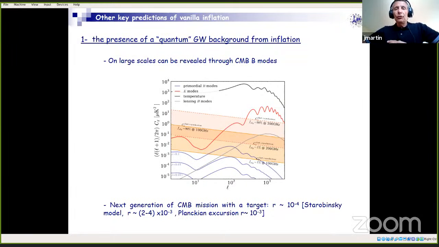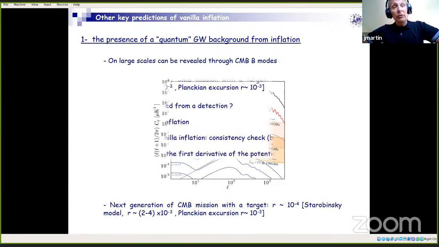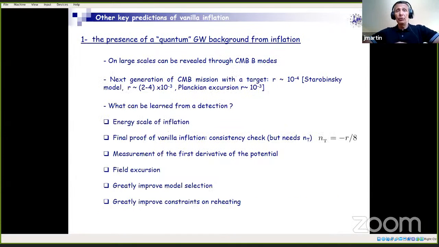And we know that for the Starobinsky model and for the other plateau inflationary models that are the best models according to the Bayesian analysis that I have presented, r is slightly more than 10 to the -3. So if we are lucky enough, we should maybe see something with this next generation of experiments,